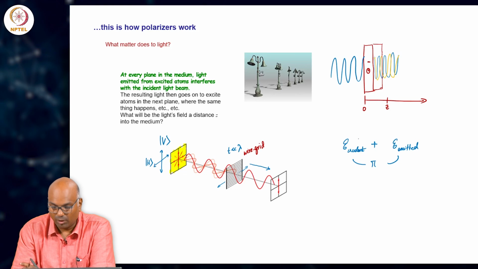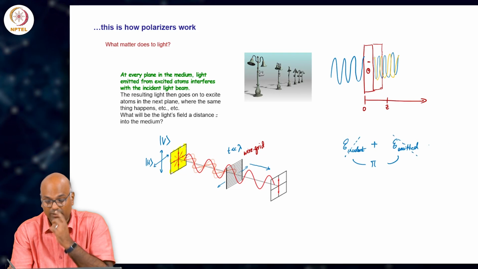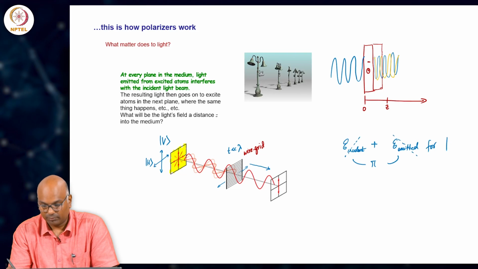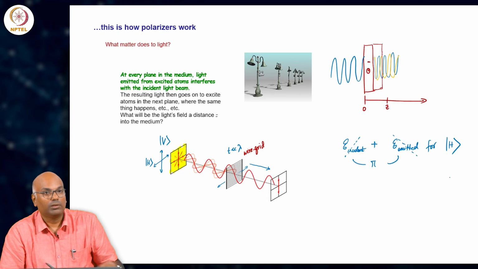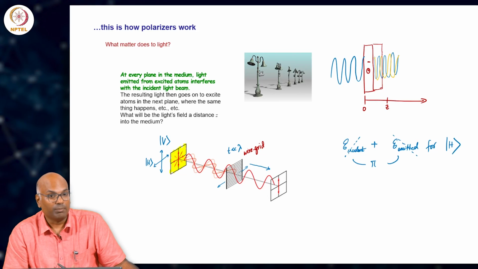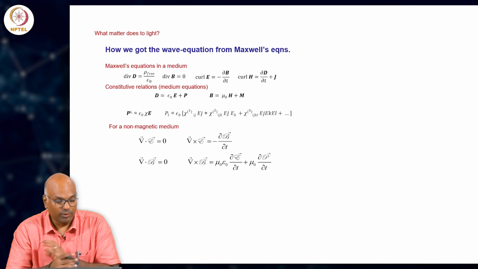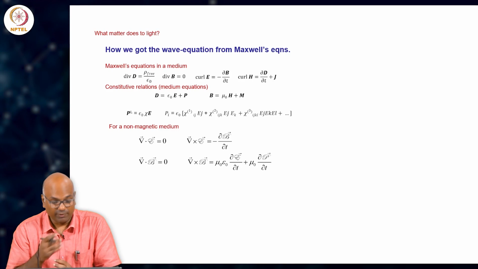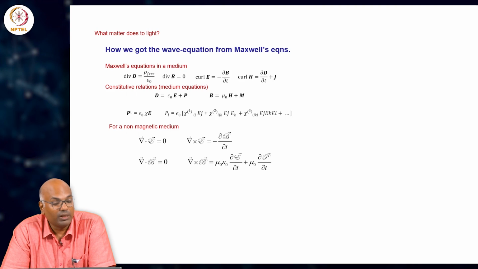These two are out of phase by pi and they cancel out each other for the horizontal polarization. Okay. So, that is, you can say, evidence for the hypothesis that I am building. So, what matter does to light now needs to be put on a firm framework. We will do that and come back to it in the next lecture, and this is perhaps the most important